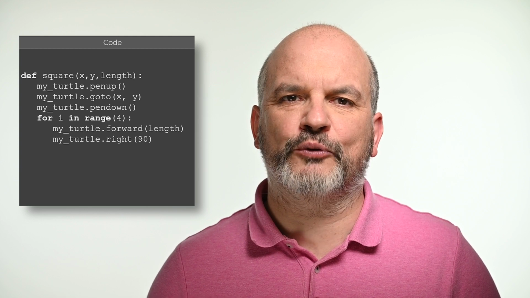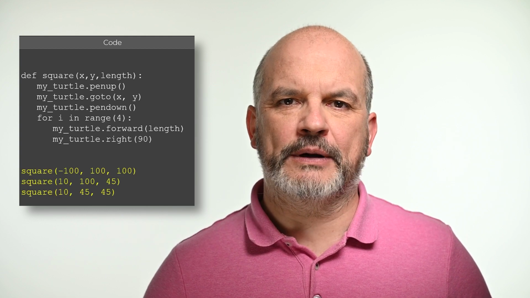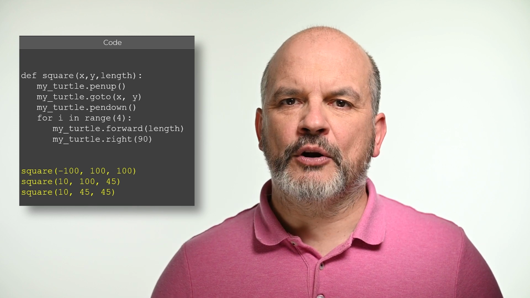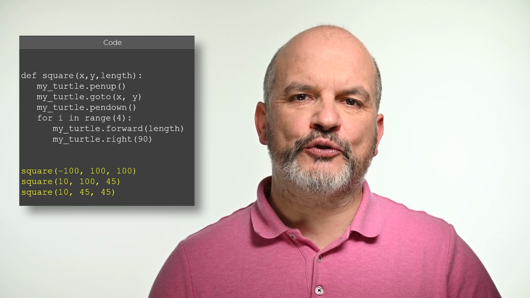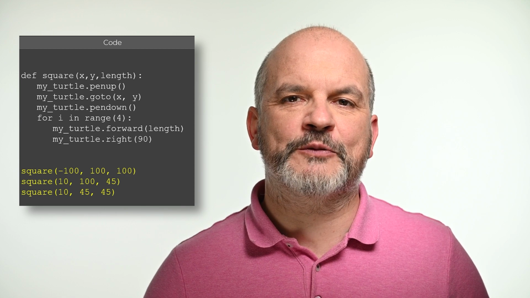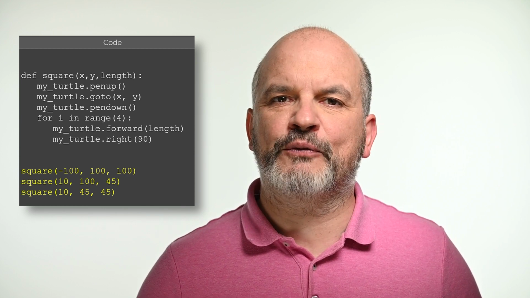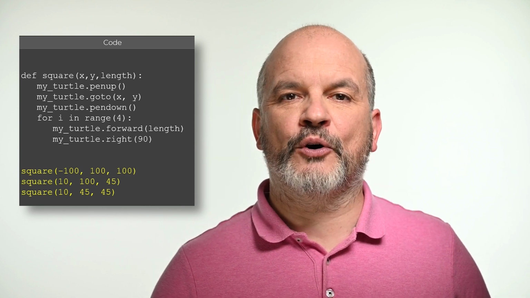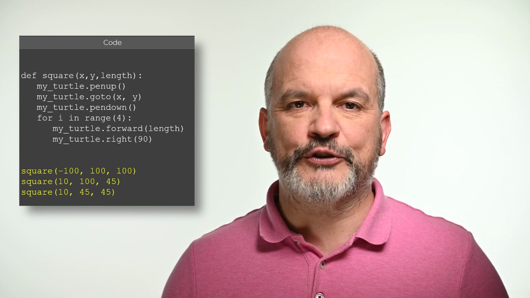The power of using functions is obvious when calling a function to draw the three squares of our output. We need to make three calls, highlighted in yellow in this code. Remember, the interpreter reads source code from top to bottom, so you must be careful. The definition of the function must be written before any call to the function. Otherwise, a name error is raised and the program crashes.